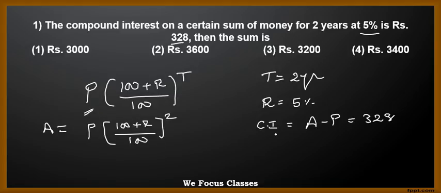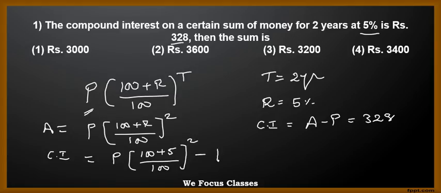We know the compound interest for 2 years. So compound interest is nothing but A minus P. It means P into (100 plus 5 by 100) whole square minus P, this is equal to 328. If I take P as common, after simplification